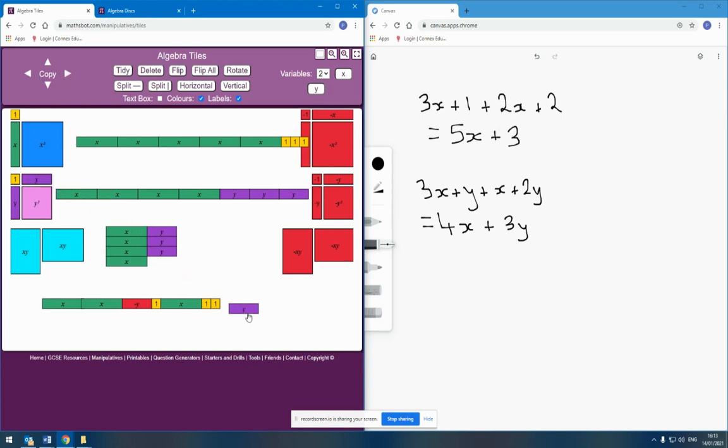Can add a y in there and then maybe put in a few negative 1's. There we are. So the expression I've got all together here is